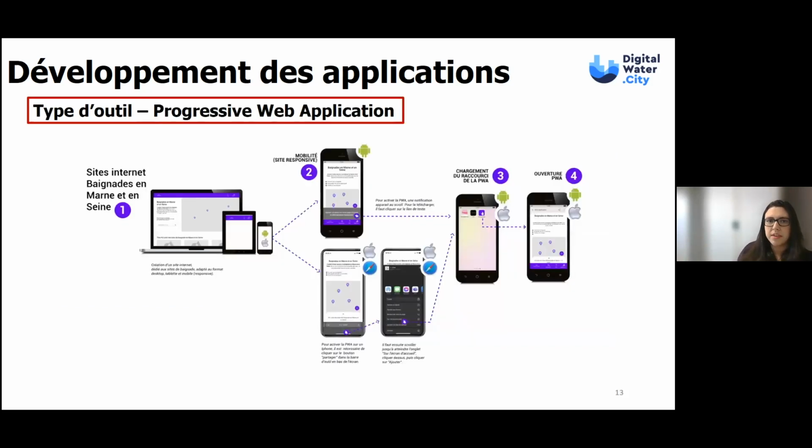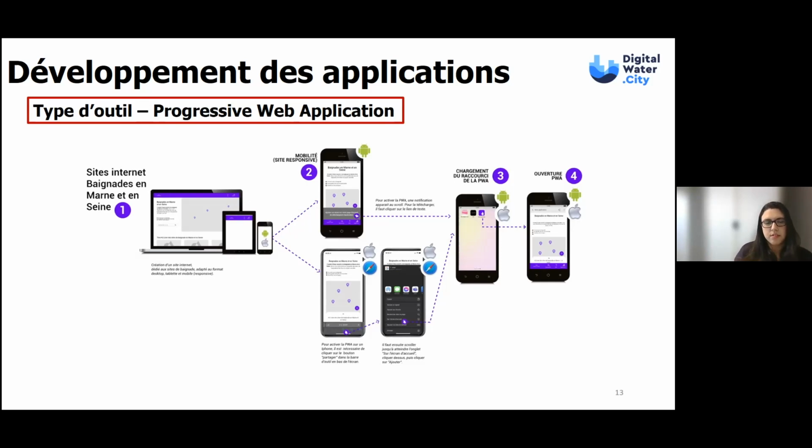So the first question was, what type of applications do we want to provide to the future users? Initially we had two ideas: either a mobile phone application, which could be downloaded, or a website. As you can see, there are negative and positive aspects in both cases. The mobile phone application, you download it on your phone, so you can see it only on the phone, and it takes a lot of space on the phone. The website is not practical to open on a mobile phone if you just want to check where you can go and get a swim.